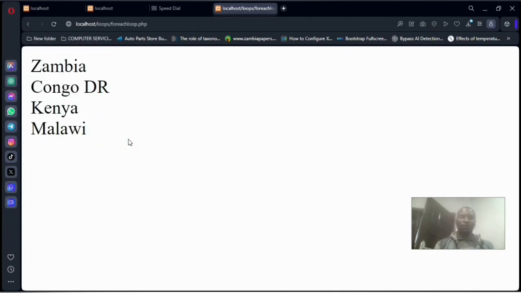So I can even get information from a certain website that has actually collected data for the whole, different countries in this world, and then I can just loop them